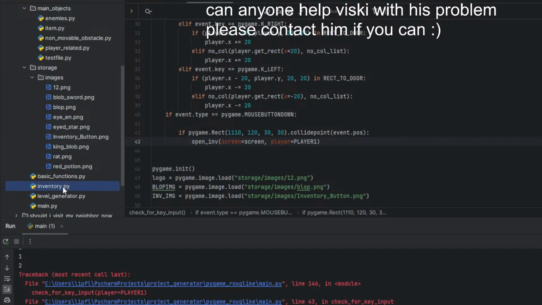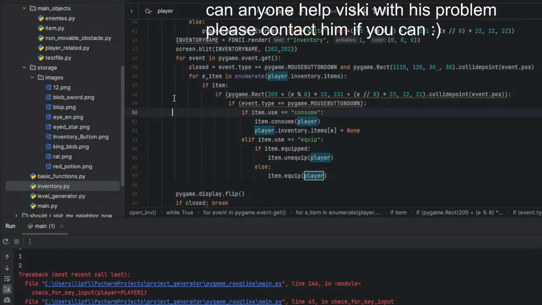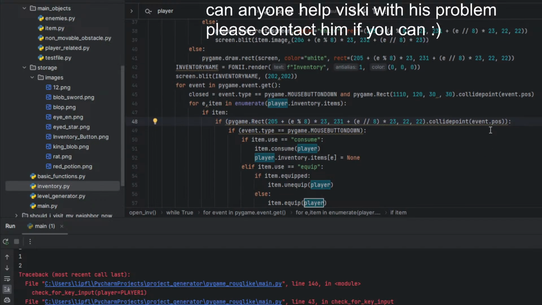Open inventory. Inventory 48. Huh. Object has no attribute position.